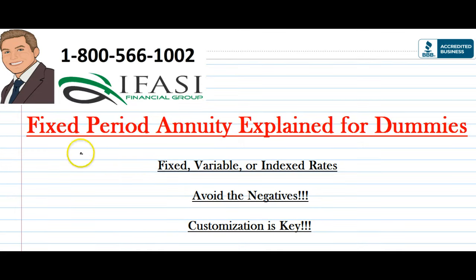And today's topic, I want to discuss with you a fixed period annuity and explain that for dummies. So I don't wish to offend anybody there. But essentially, what is a fixed period annuity? How can it potentially be beneficial for you, and how to make sure that you're avoiding the negatives at all times? And that's with all sorts of either investment contracts, retirement contracts, annuity contracts, and in particular, if it's not going to pertain for your specific situation, then obviously you should not be going into these types of products.